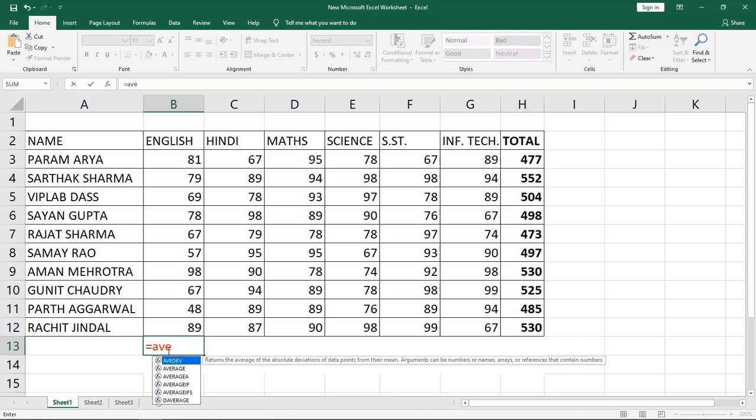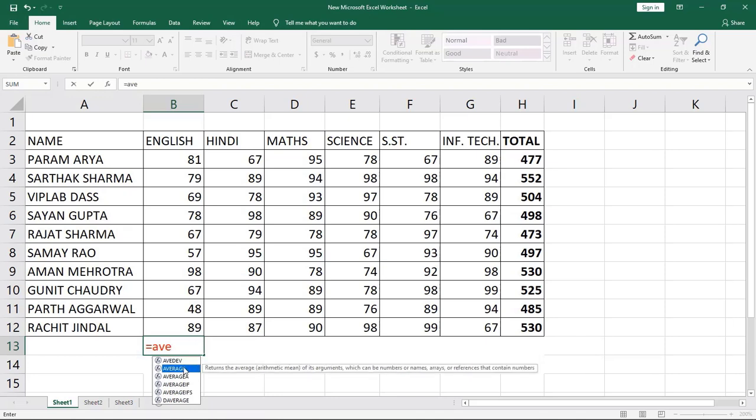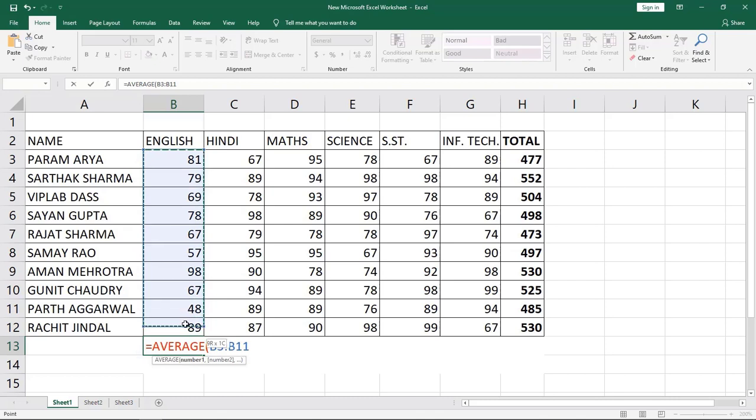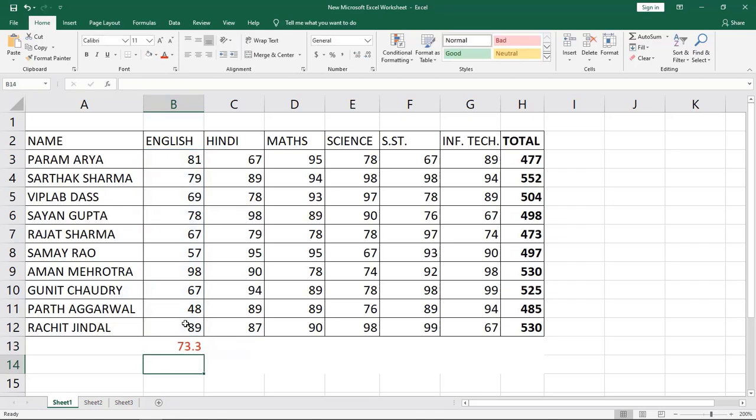See, here it automatically comes. I click this one, then I will select the range of cells, then close parenthesis. Now see,